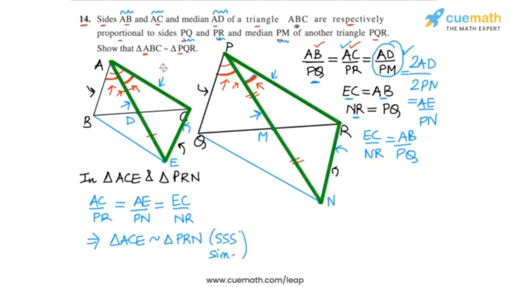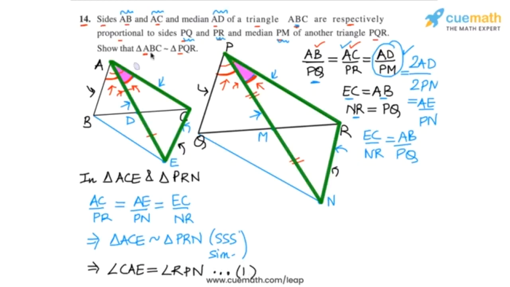Well, because we wanted to show that this angle here, I'm just coloring this angle, CAE, is equal to angle RPN. This is what we really wanted to show. Okay, so let's write this observation now. From here we can conclude that angle CAE is equal to angle RPN. Let's call this the first observation that we get.